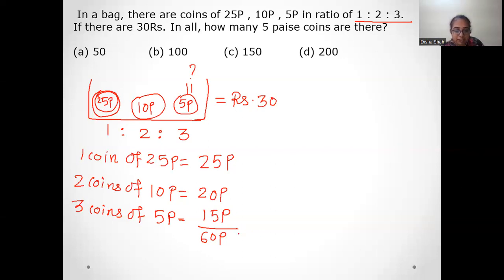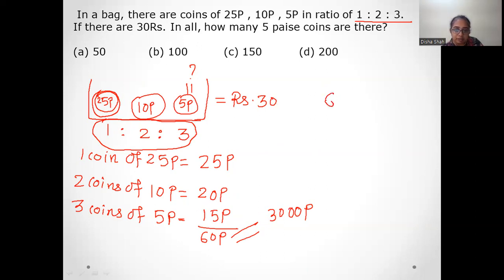बट बैग में क्या 60 पैसा है? नहीं। बैग में कितना है? 30 रुपीज। 30 रुपीज मतलब 3000 पैसा। 30 rupees is equal to 3000. सो हमने ये अज्यूम किया था कि बैग में इस प्रोपोर्शन में कॉइन्स हैं। बैग में एक कॉइन 25 पैसे का है, दो कॉइन 10 पैसे के, तीन कॉइन 5 पैसे के। उसके हिसाब से 60 पैसा आया है। बट इन द बैग एक्चुअली देयर आर 3000 पैसा।